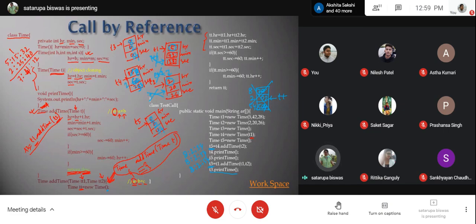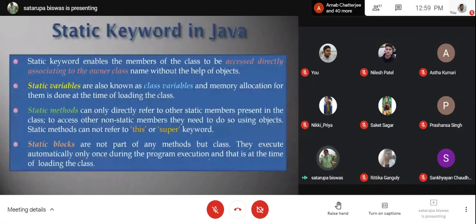So this is a very crucial example. I'll give you a fresh screenshot of it, and there I will ask you the question. Before tomorrow night, you have to submit the answer, and that is actually your first assignment. Okay, on the next day, we'll start with the static keyword.